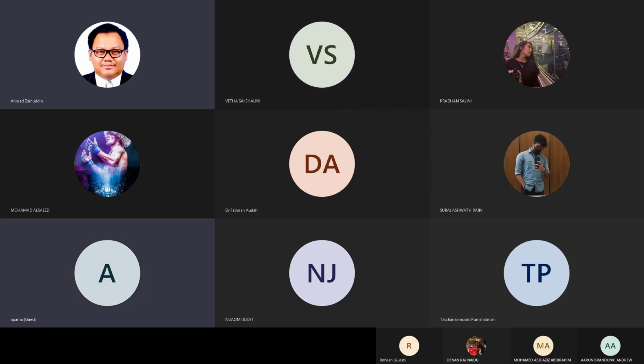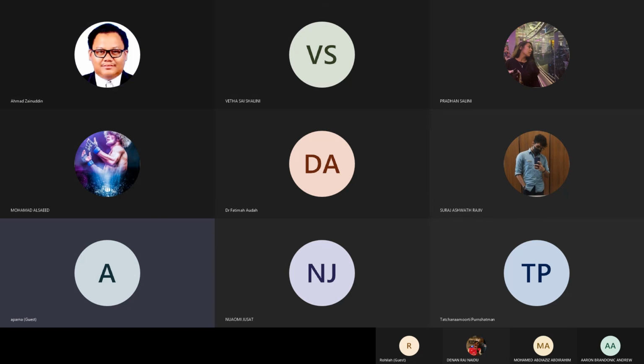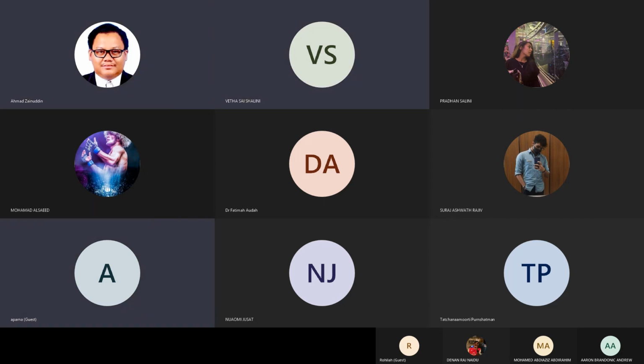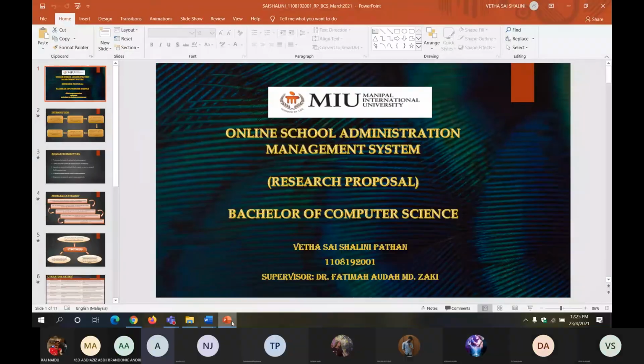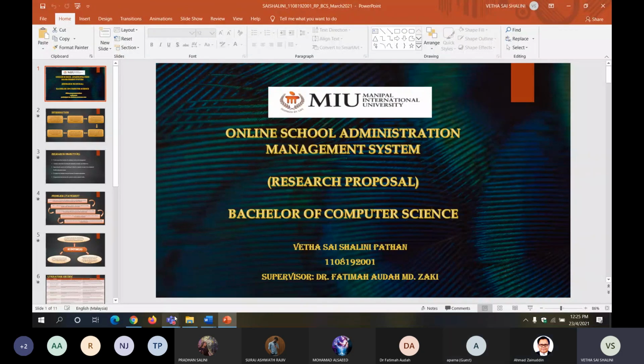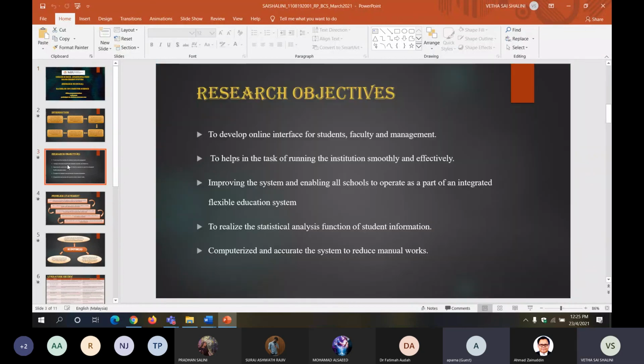Your idea is good, but your scope is really all over the place. So can you just put up your slides? Miss, can you see my screen? Yeah, I can see. Can you just bring it to the research objective straight away? Okay, this also needs to be rephrased. Too many of them, just bring it down to 2 or 3, and then there's a lot of repeat in